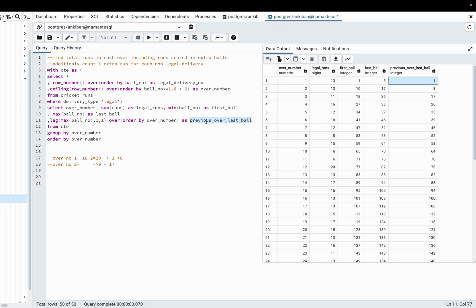So instead of this, I will say first ball of the over. This is the first ball of the over, right? If I do a +1 here, whatever is the last ball of the over, if it is 8, I will say 8 plus 1 is 9, and over number 2 is starting. So I am just doing +1, the previous over's last ball +1 will be the first ball of the second over, right? So I will say this is the first ball, and if I do max, this will be my